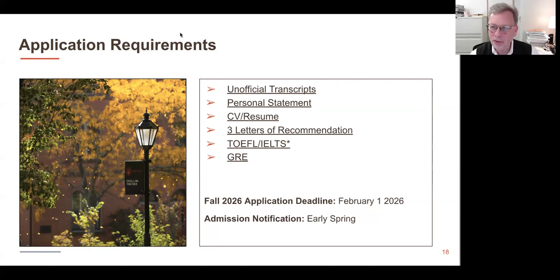We use the GRE scores along with all the other sources of information in your application to determine whether or not you can be successful in this program. That's how we're using it. We're not looking for students in the 95th percentile.